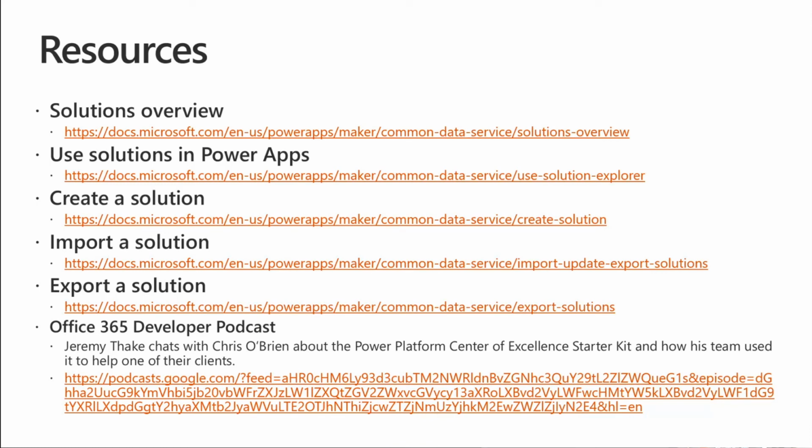So my biggest tip for solutions, when you go and use them, don't use them in a new environment, right? Let that environment stew for a day or two. Let it get all of the PowerApps checker and everything installed in it, spin up a portal, even if you're going to use it or not, and just get all of that cruft, all of that Microsoft stuff that they're going to put in there, done and out of the way, and then start building